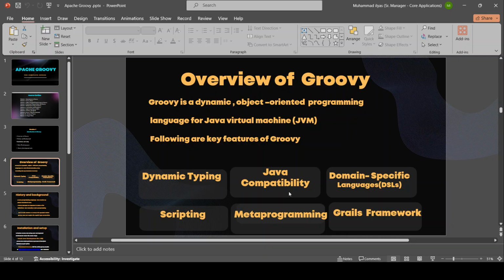Next is the Grails framework. Grails is one of the most important frameworks for development. With the help of Grails, we can develop complex web applications quickly in less time.